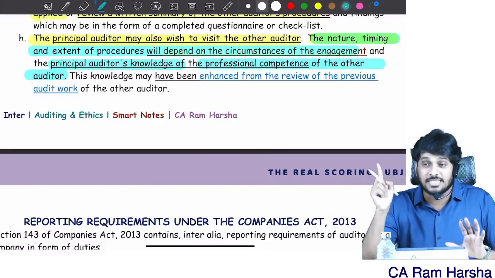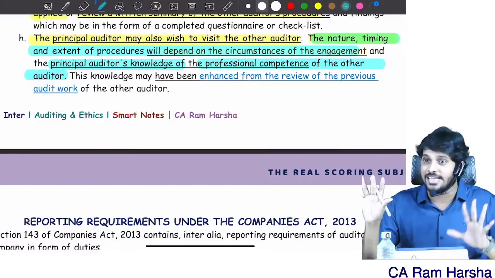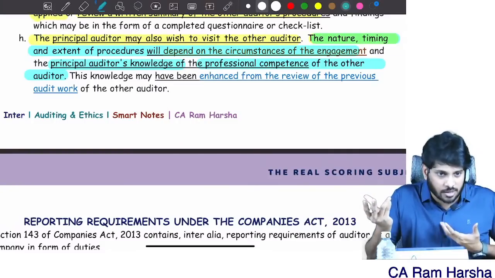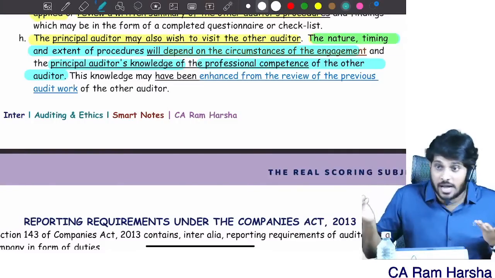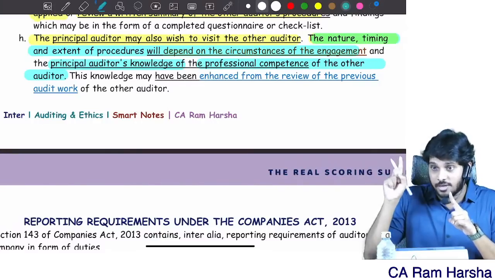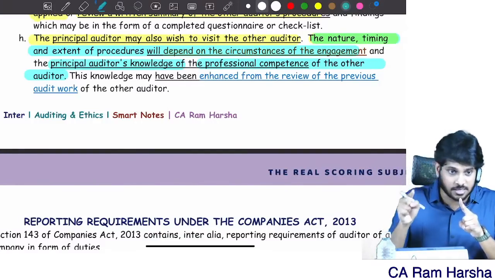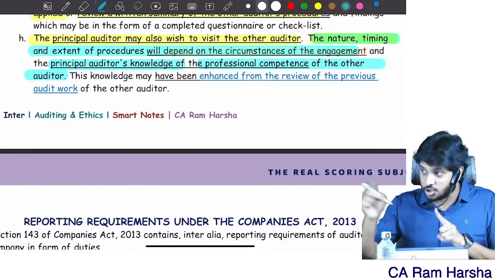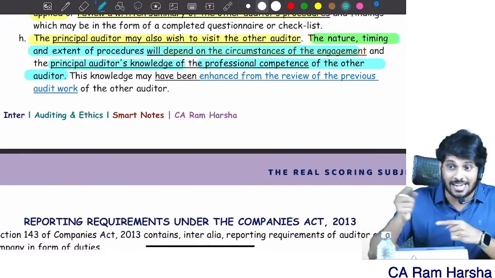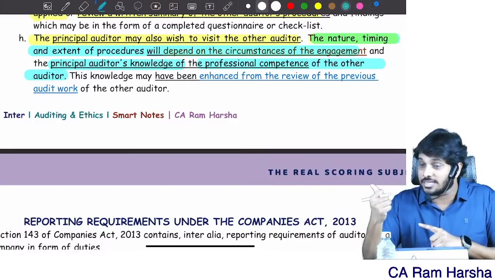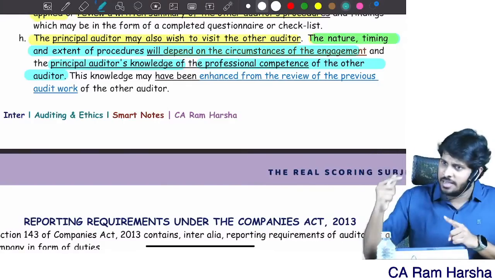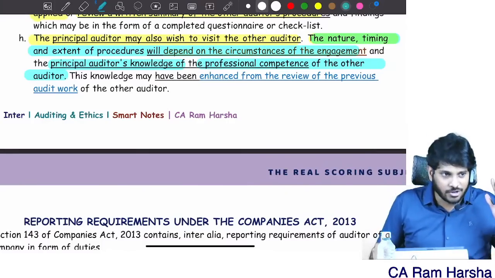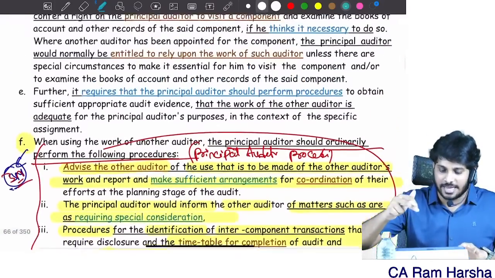If the other auditor is not an Indian CA, I don't know how he will do the audit. I don't know what standards he is following, or what reporting requirements he is following. In that case, I should tell him, look, this is an Indian company requiring these reportings. You have to do the audit as per standards on auditing. Show me whether you did the audit as per standards on auditing. Like that I will be discussing when the other auditor is not an Indian CA, because if he is not an Indian CA, how do I know his competence? Are you getting it? That is the logic behind this entire discussion.